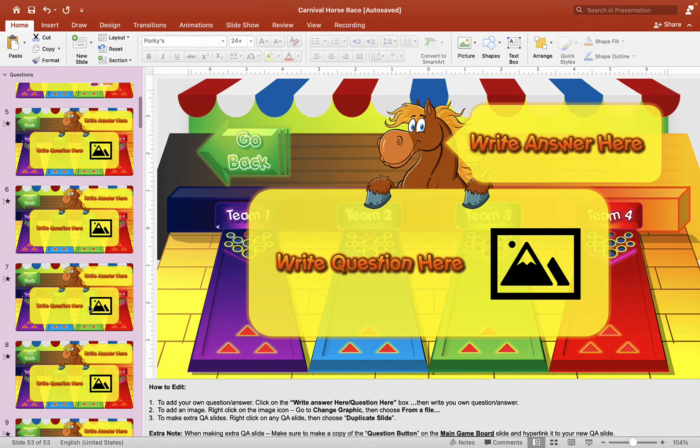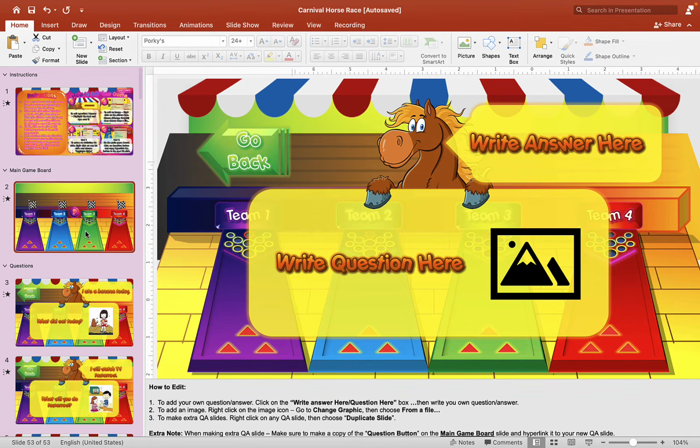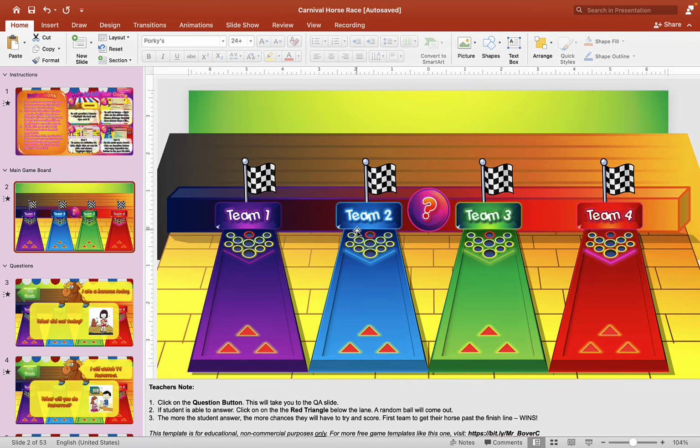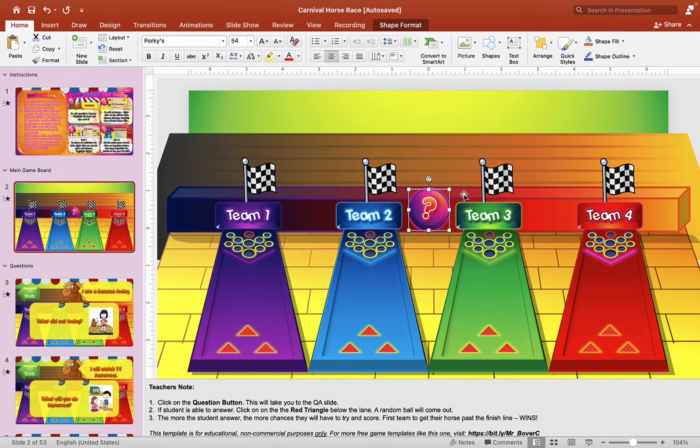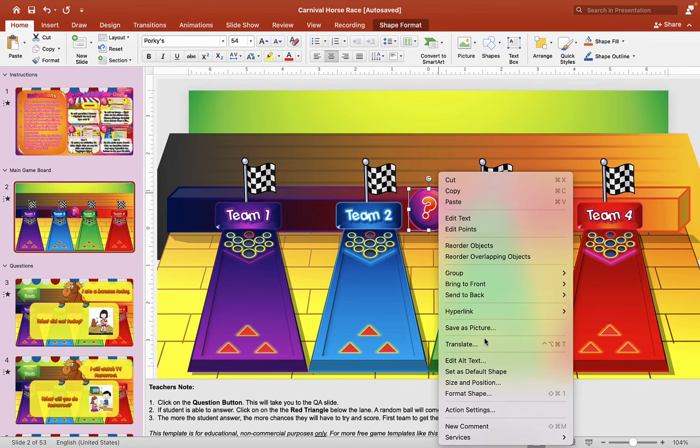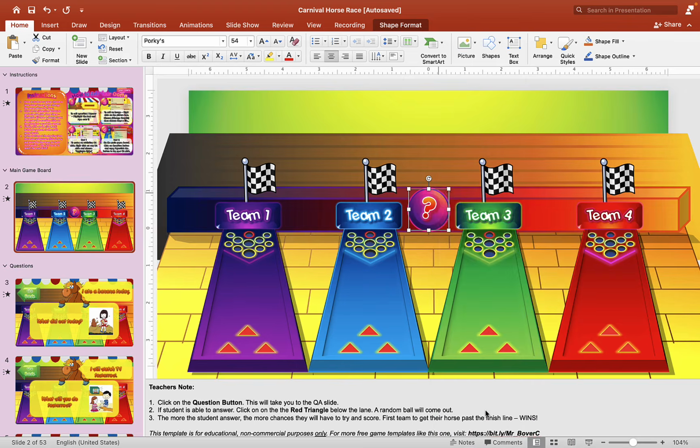link this to a new button. So you'll have to make another button, and it's quite simple. Just go to the main game board slide, click on the button here, right click, and go to copy, and you want to paste it, and just drag it over to the new button here, and line it up. And if you right click on the new button and go to action settings, and when you